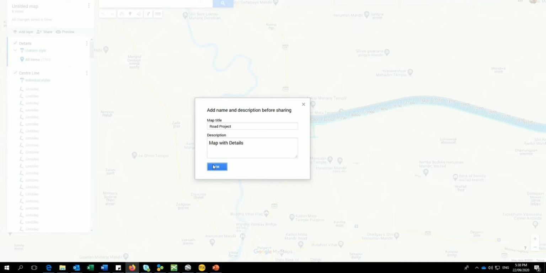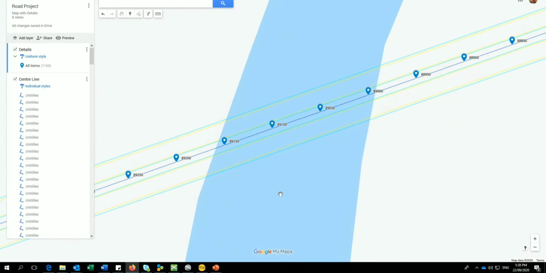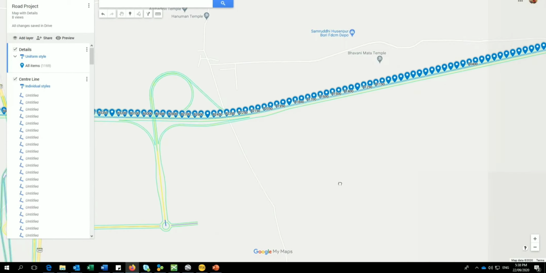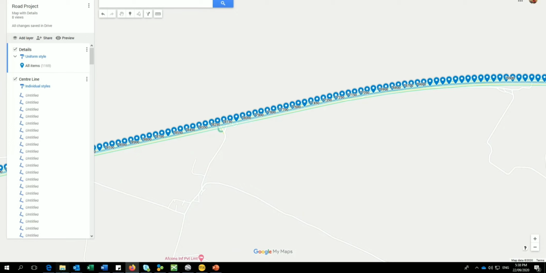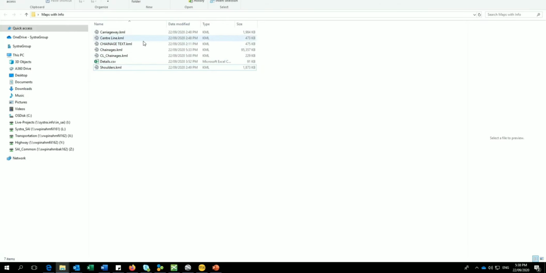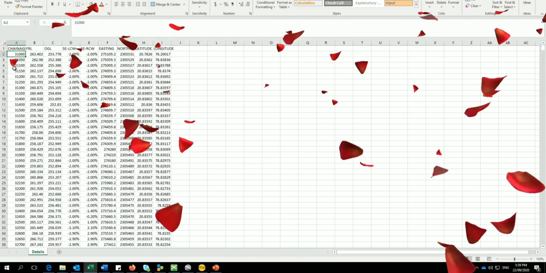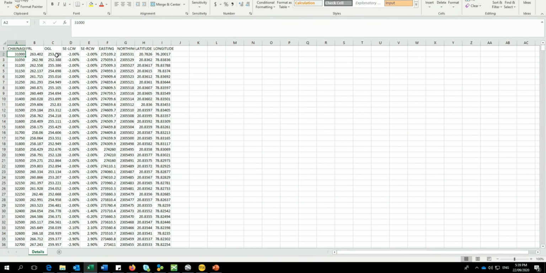Based on your current location, it will show where exactly the carriageway edge is, all those things. Okay, now let's see. Really, this is a very good option. Just explore it. The main thing is you have to bifurcate, and that Excel sheet should be there, because to show the details, these chainages, FRL, OGL, and easting and northing, and latitude and longitude. Okay, that's it.